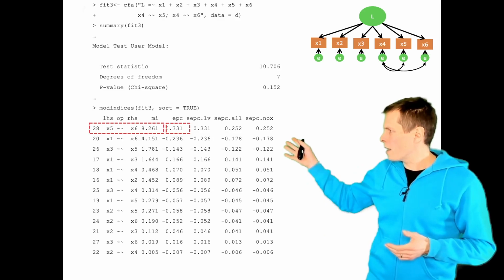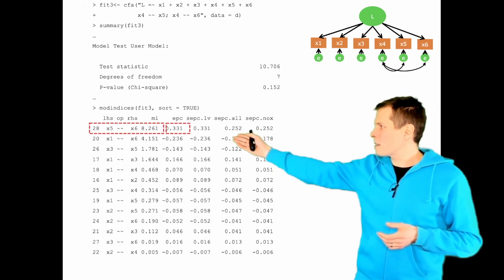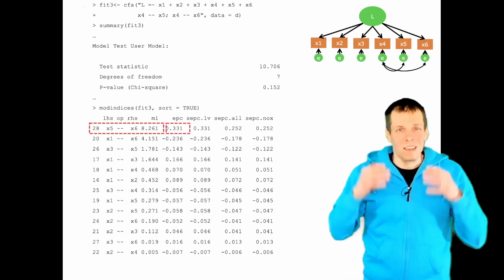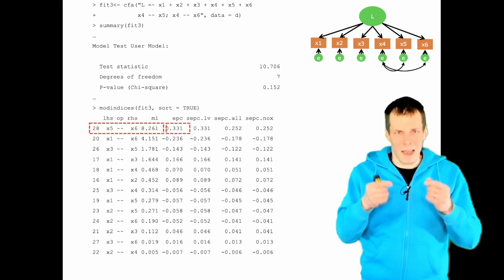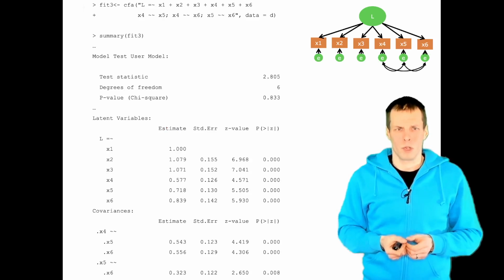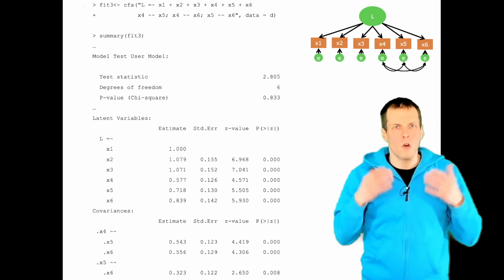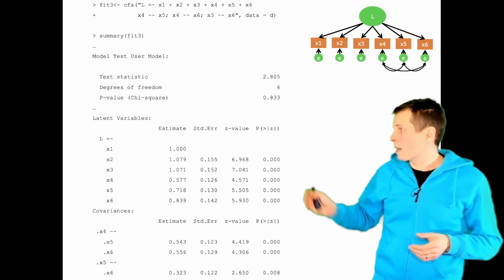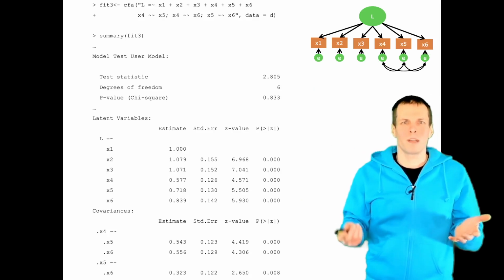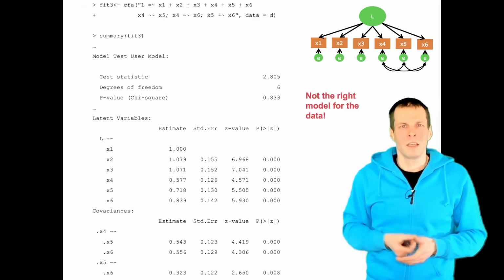So we again see modification indices, chi-square is now 10, and if we add this x5, x6 path or error covariance, chi-square is going to go down by 8 approximately, so from 10 to about 2, and this is indeed what happens. So we add these x4, x5, x6 covariances, and we get a really well-fitting model. Everything is good. Well, no, because this is actually not the right model for the data.